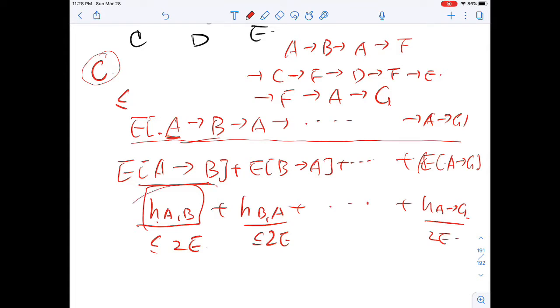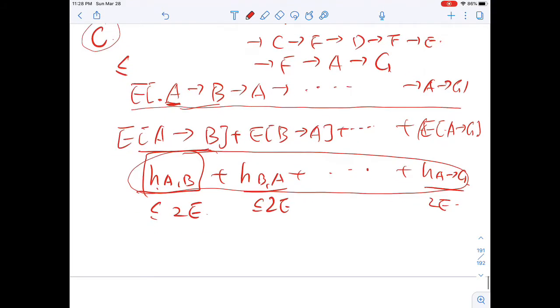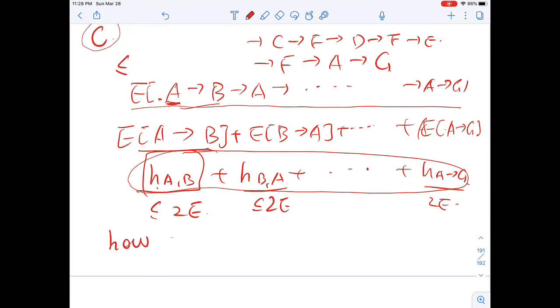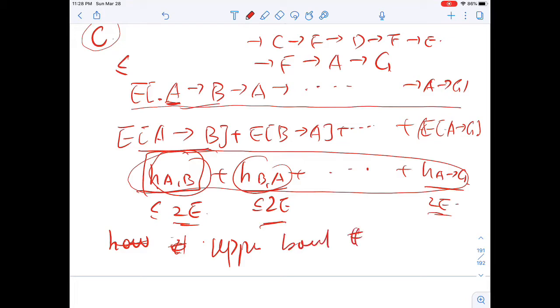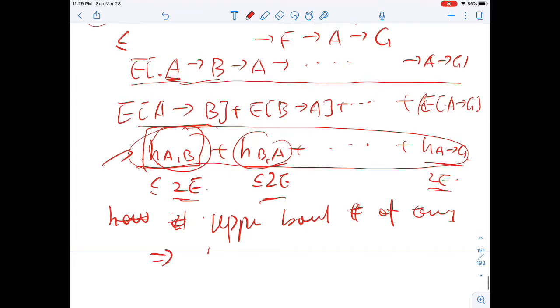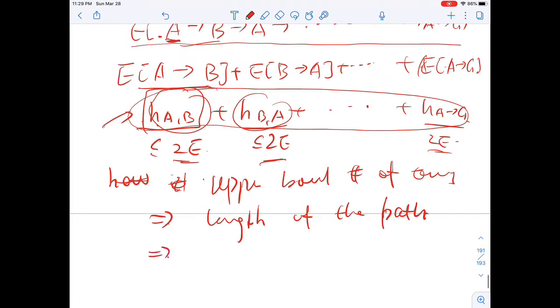And how long is the entire path? This is the question. Basically, for each term we use the same upper bound. So it really just reduces to the question of what's an upper bound on the number of terms in this inequality. The number of terms here is really just the length of the path. The length of the path is really just 2 times the number of edges